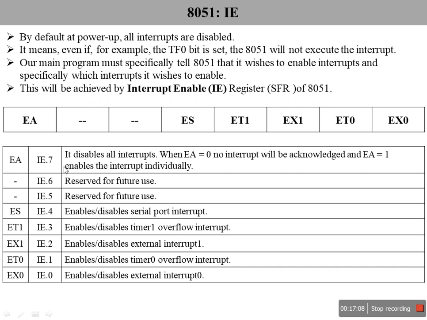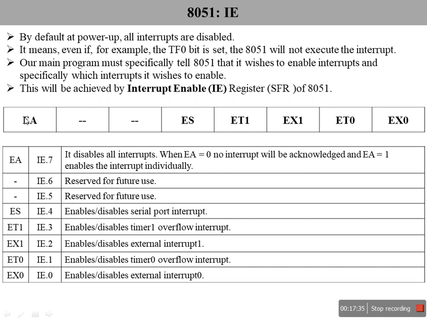EA is the 8th bit, and it controls all the interrupts. When EA equals 0, no interrupt will be acknowledged, and when EA equals 1, the interrupts are enabled and can be controlled individually.